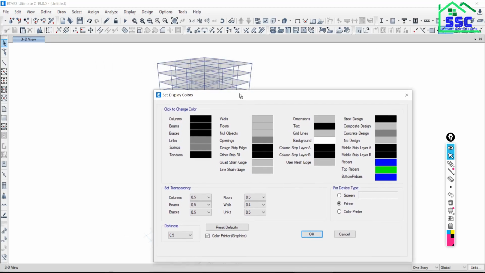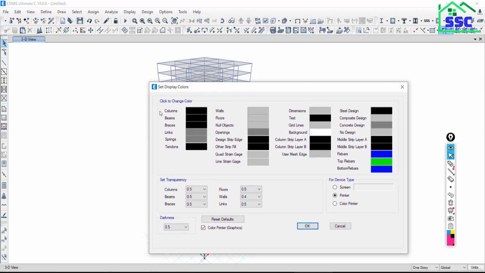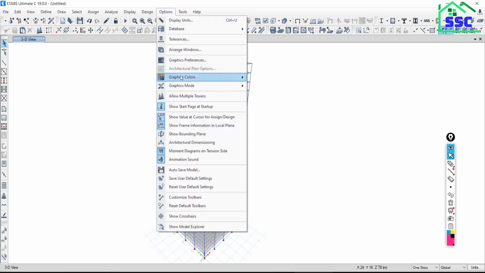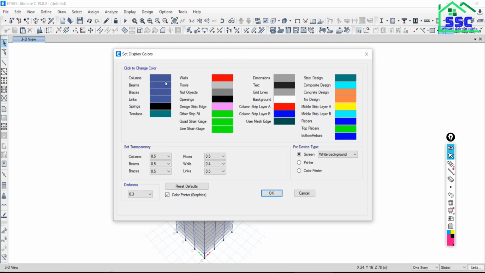If your printer is black and white, then in that situation the column will be dark black, then black, then black, like this. But if your printer is a color printer, then the column will be blue, beam will be blue, like this. And you can make the changes per your requirement also. It is in your hand.